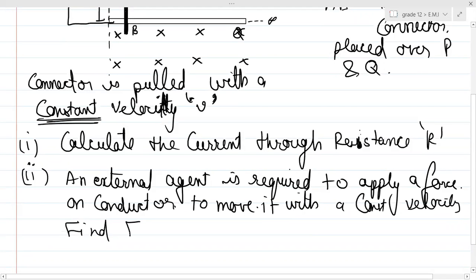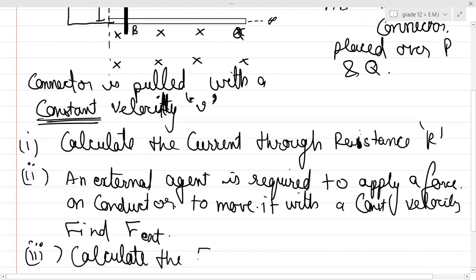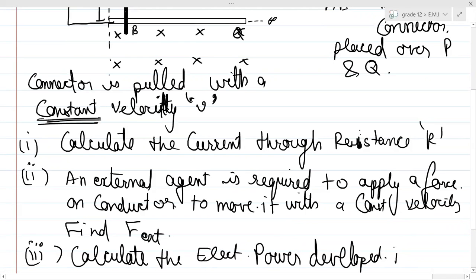Find the force applied by the external agent. Third, calculate the electrical power developed in the